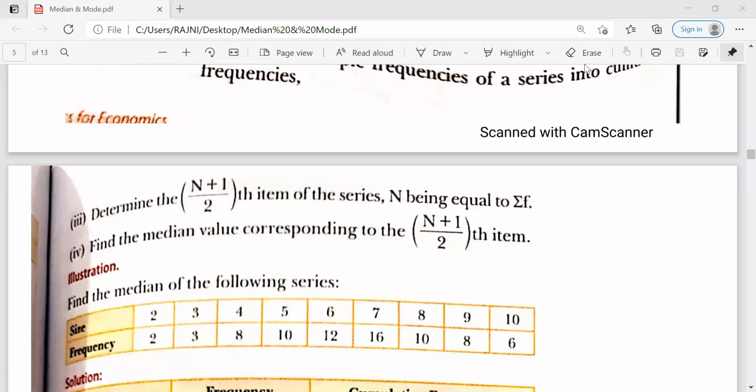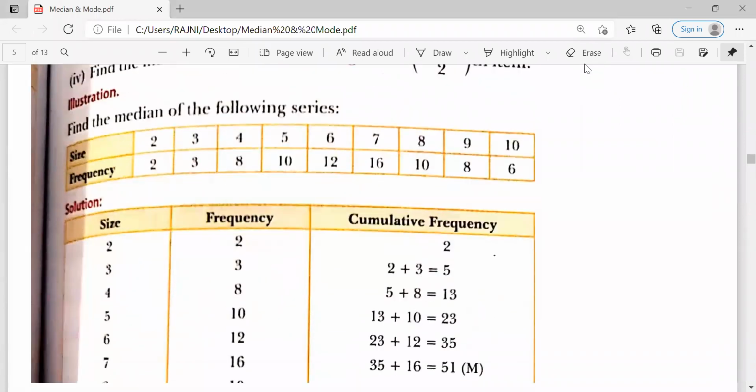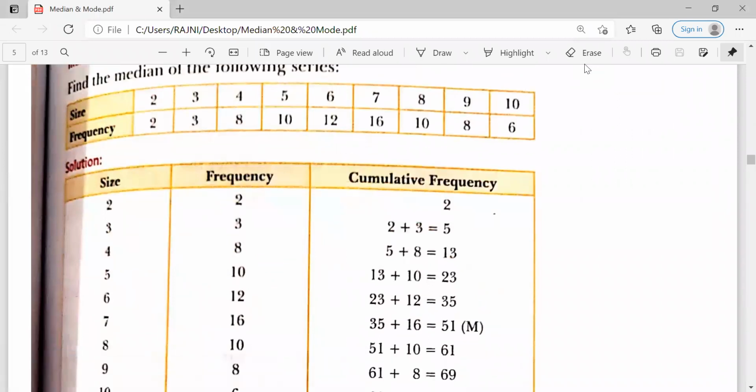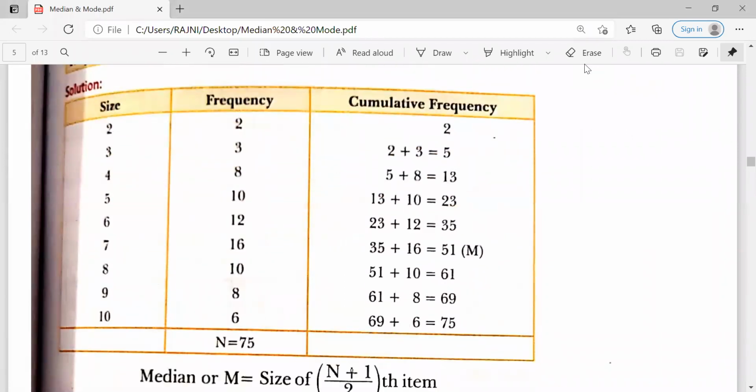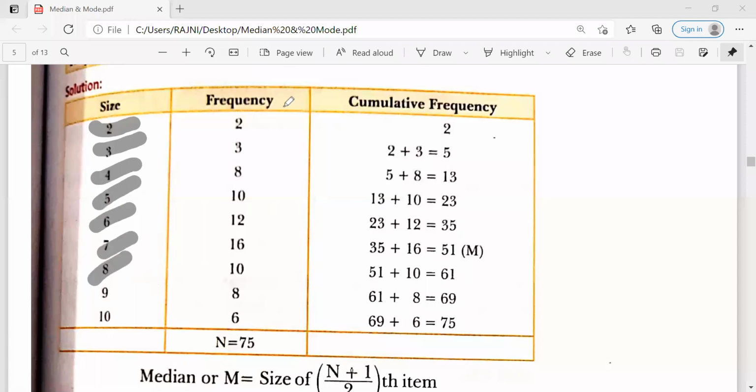We will discuss this concept with the help of an example. The main items given are 2, 3, 4, 5, 6, 7, 8, 9, 10. This is the main item size.